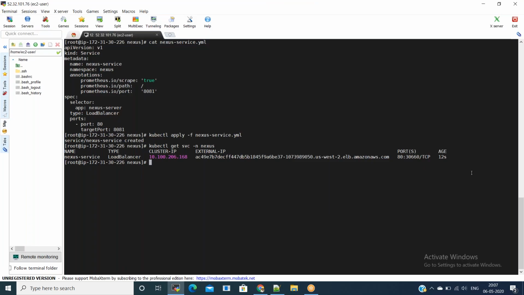Now get the pod, connect to the pod, and get the password. If you say kubectl get pod -n nexus, you will see the pods which are running. Connect to the pod using the kubectl exec command.